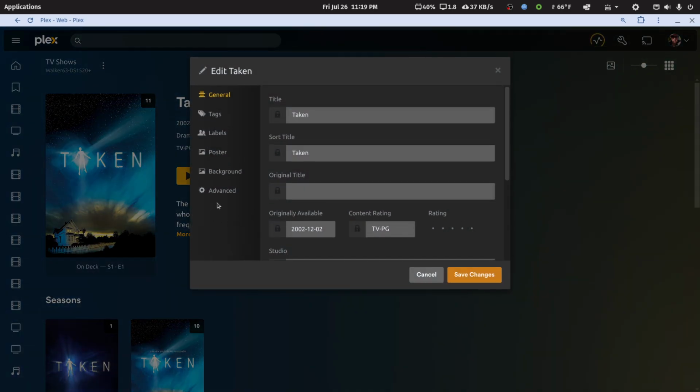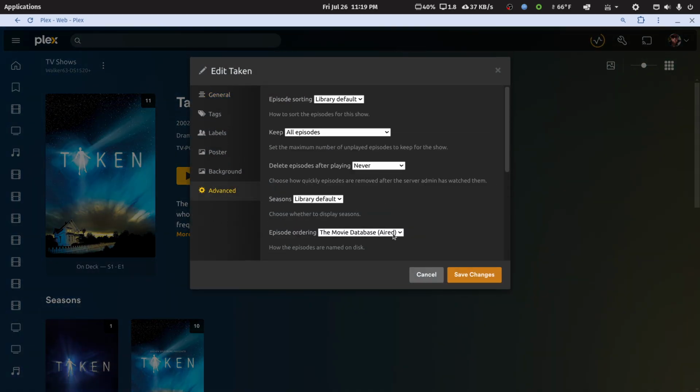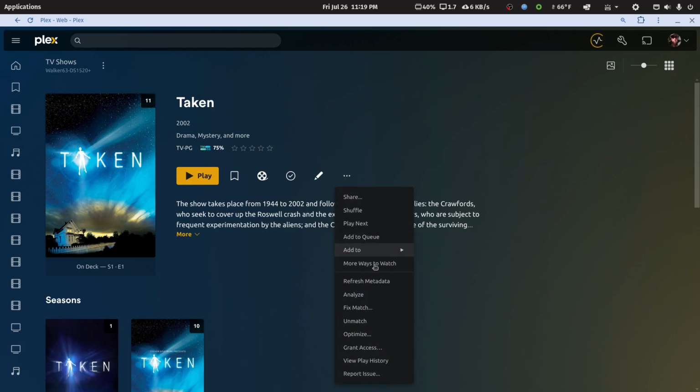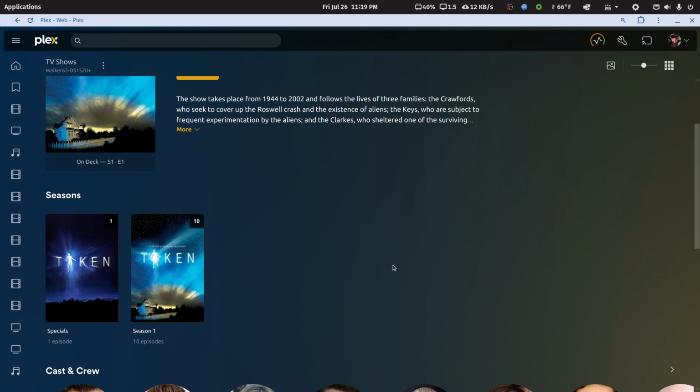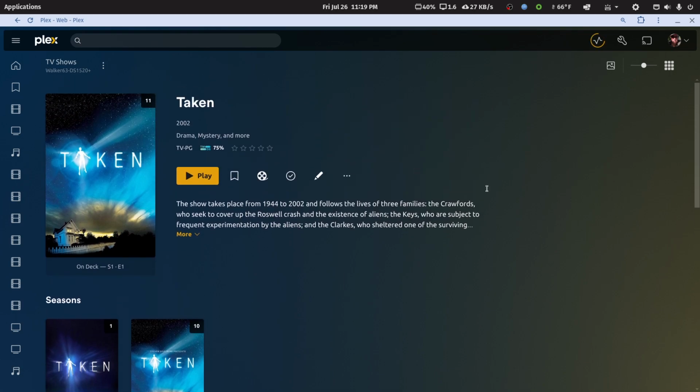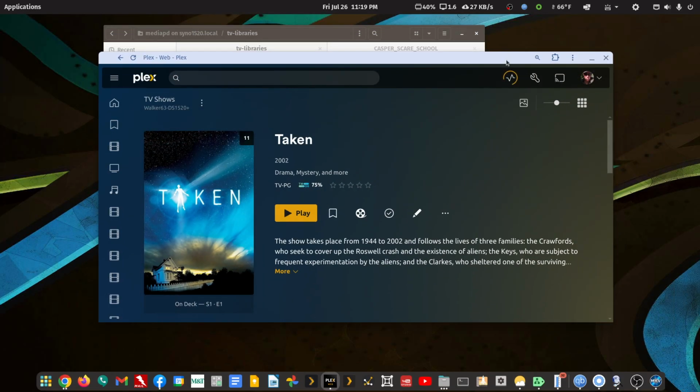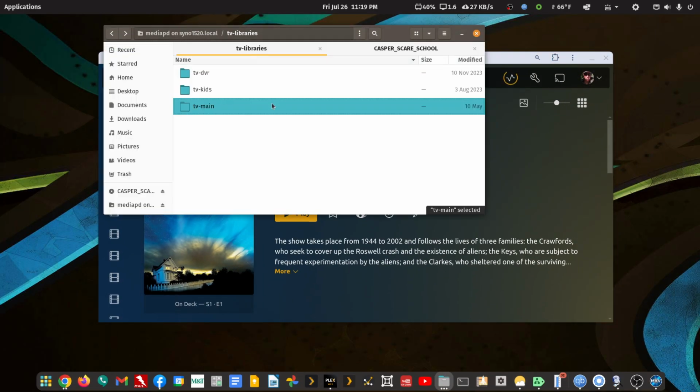Advanced settings for the show. You could just as well pick the TVDB aired order, and then just a simple metadata refresh will then link up with the right metadata for how you've ripped your media. I know this sounds awfully confusing for someone who hasn't done this before, but these are the steps. And the biggest step we didn't talk about a lot is